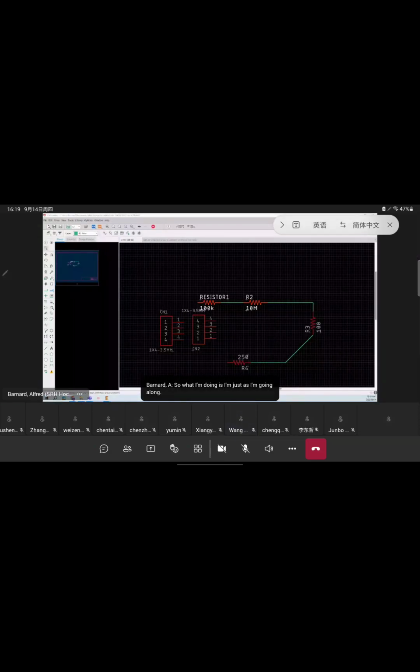Right. I'm sharing my screen again. So what I'm doing as I'm going along, I'll just be describing what I do. Okay, so I've decided that I like the pins like this. So I can then connect up whichever pins I like to my connector. And then once again,